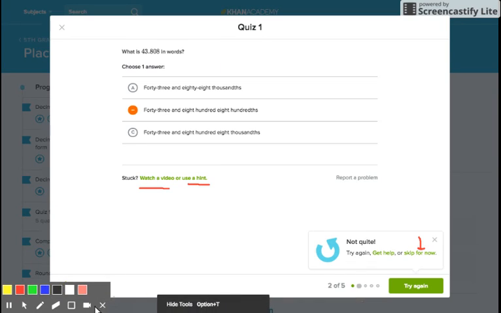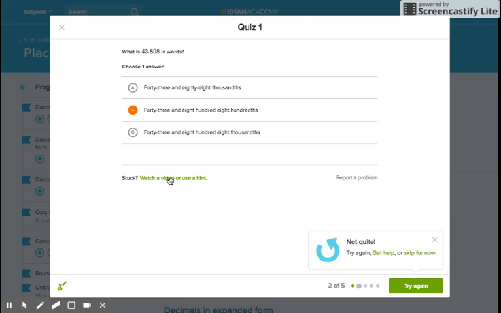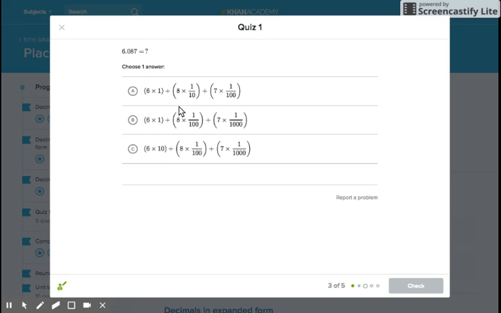I don't have a preference of what they do right now. This is their quiz to start their personalized learning plan. If they want to really try and see if they can jar some memory and get it correct, then by all means, I would strongly suggest that parents not help out with any of these here, just because